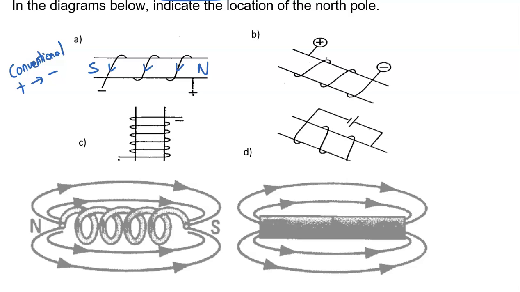All right, so here are the answers for that. We're going from the positive to negative. So in this case, we're going up the front. So if I put my fingers wrapping up in front and going down the back, my thumb is going to point in this direction, which is the north, and by default, that becomes the south pole. Likewise, you can't really see it here, it's cut off, but you can see this is the negative side. So we're going again from positive to negative, so we're going this direction. And so if our fingers, using our right hand, are wrapping in the direction in front of the electromagnet, our thumb is pointing up, that's going to be north, that's going to be south.